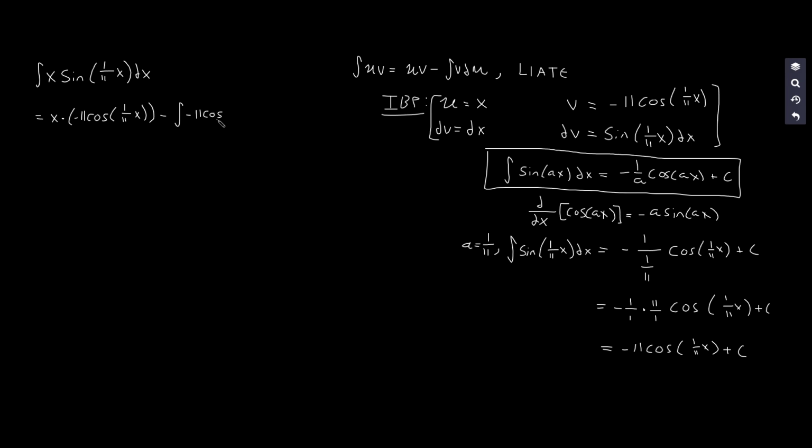minus the indefinite integral of 11 times cosine of x over 11, integration with respect to x. And so we could try to simplify this a bit more. We could have negative 11 times x times cosine of 1 over 11 times x minus, well, I'm going to factor out that negative 11, so we're going to have plus the indefinite integral of,